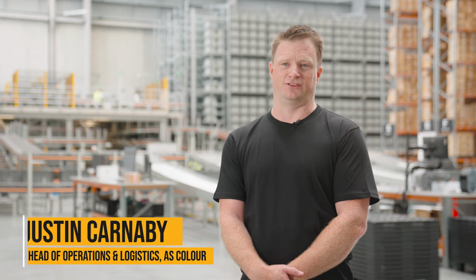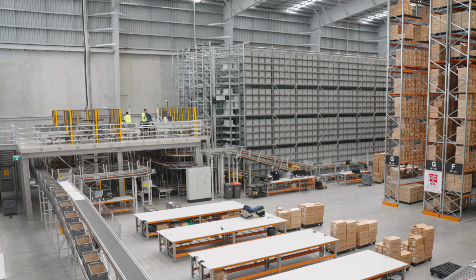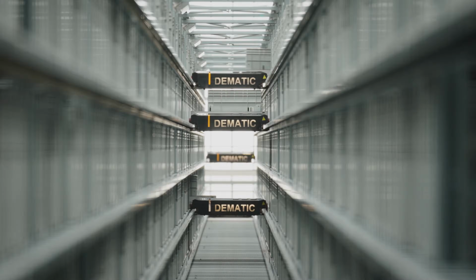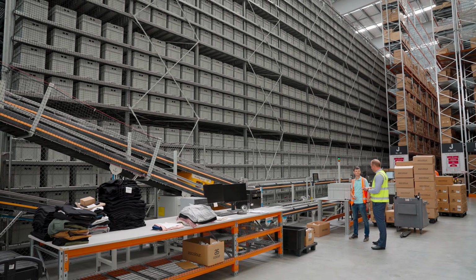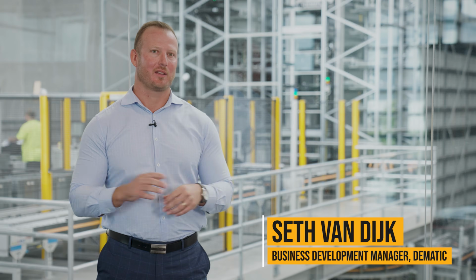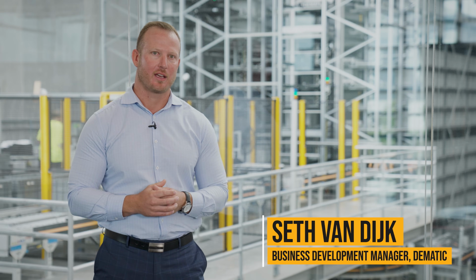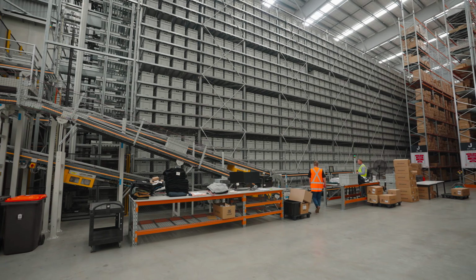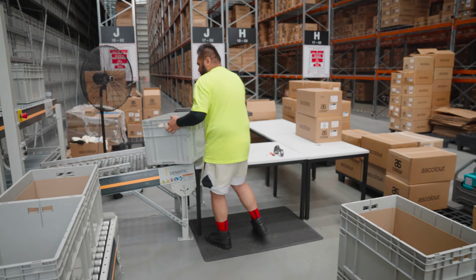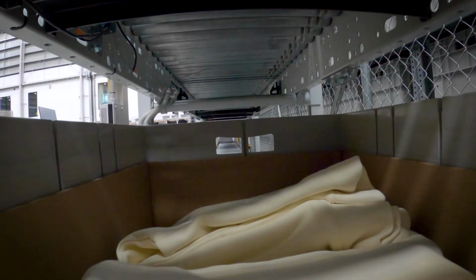The components of the system that we're operating here at AS Colour are a 2-aisle system, 4 pick stations, 36 shuttles, 1 decant station, and conveyors down to dispatch. So really the product journey as part of the automated materials handling solution for AS Colour starts with the empty product tote. We deliver empty product totes to a decant area, whereby a decant operator will place items into that